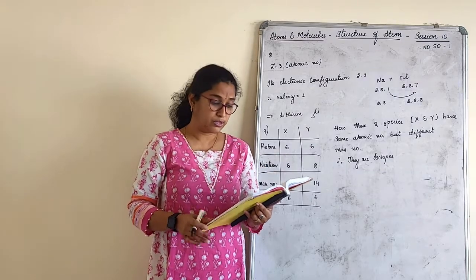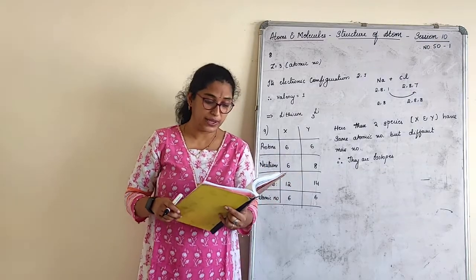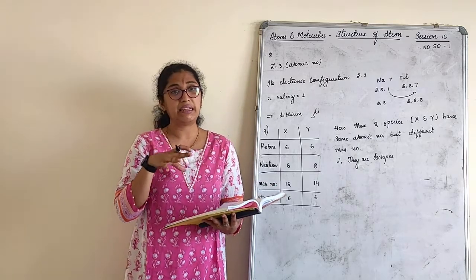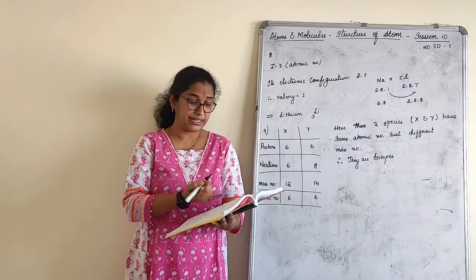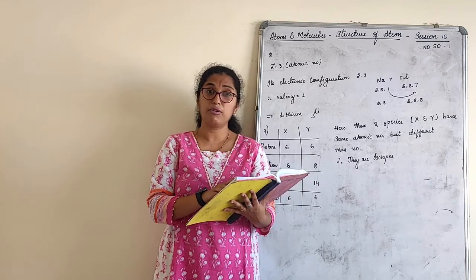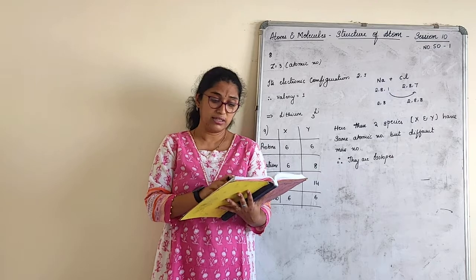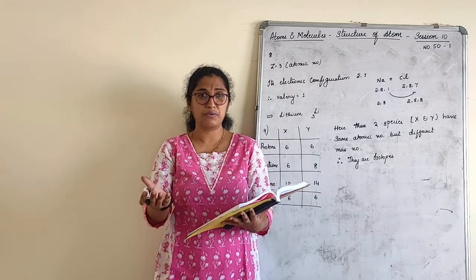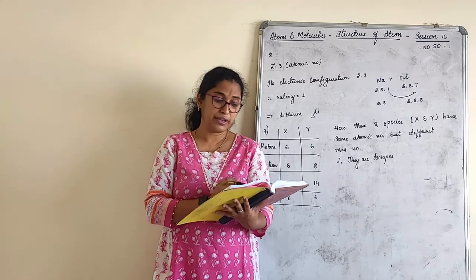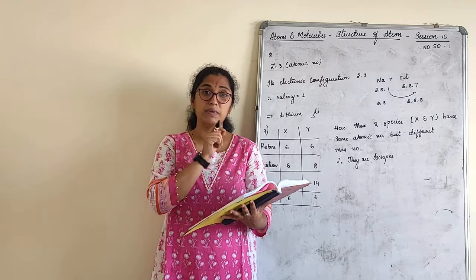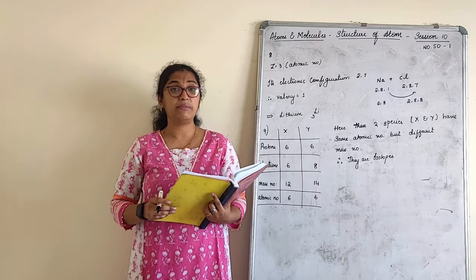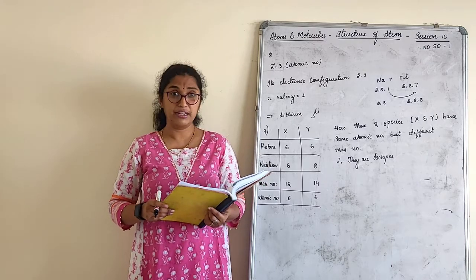Quickly mark the MCQs. Now look at this, complete the following table. I think I can explain what you have to do. It's a fill in the blanks. Same like a linear equation, if you know x, y you have to find. Atomic number is given. You have to find mass number. Neutrons are given. What are protons? Protons are again 9. So I think electrons are 9, because electrons are 9, protons are 9. So same thing, atomic number is 9. What is mass number you can find? How do you find the mass number? Neutrons plus protons. Mass number is 19. Atomic number 9. Which element, children? It is fluorine.